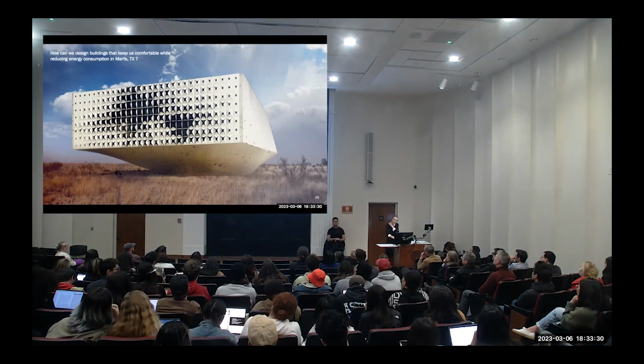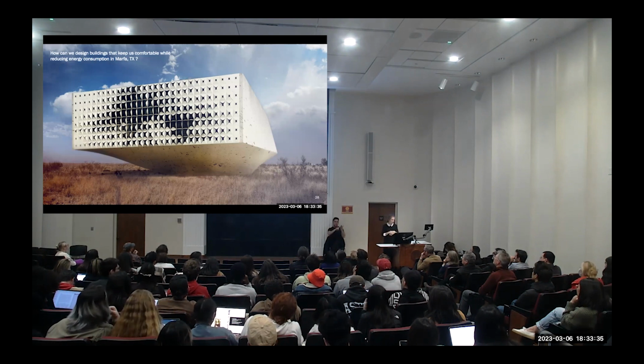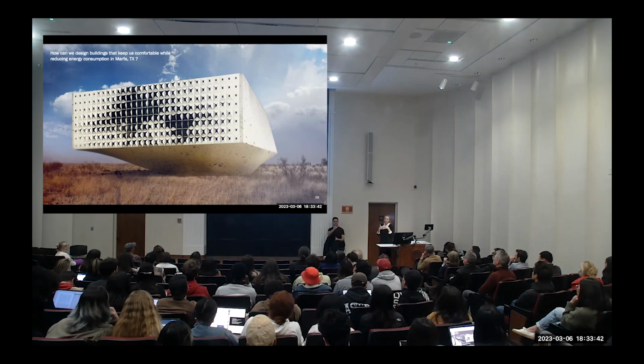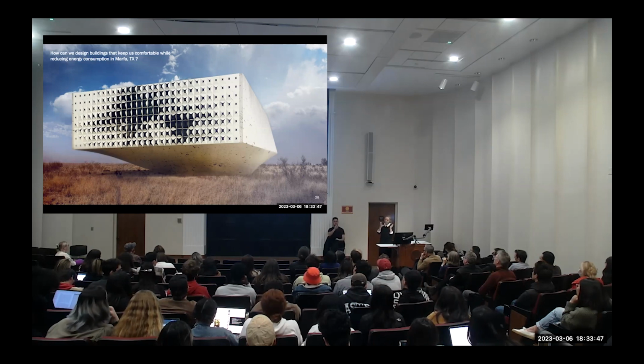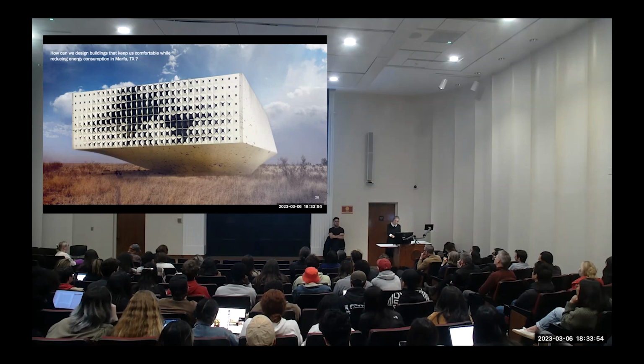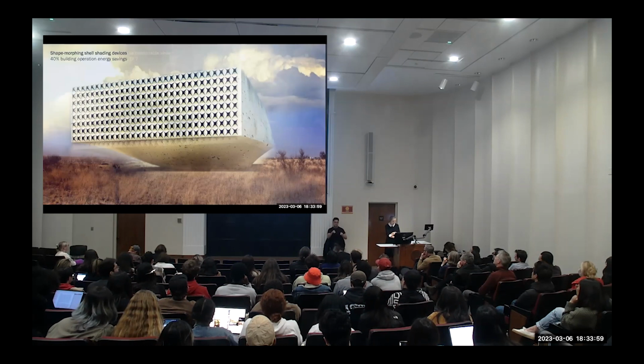So we were looking at the time, there was a lot of research also. Professor Sung is doing a lot of research and is really the expert in adaptive facades. The idea about adaptive facades is that if you can control the aperture of the facade, so if you can control how much light and heat comes in, then you can really reduce the building energy bill over time. So this is a rendering of a fictitious museum in Marfa, Texas. And this is maybe the same building in the morning if we don't really want that much light.